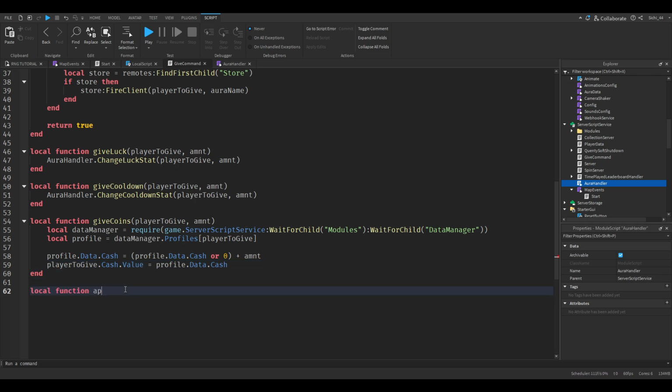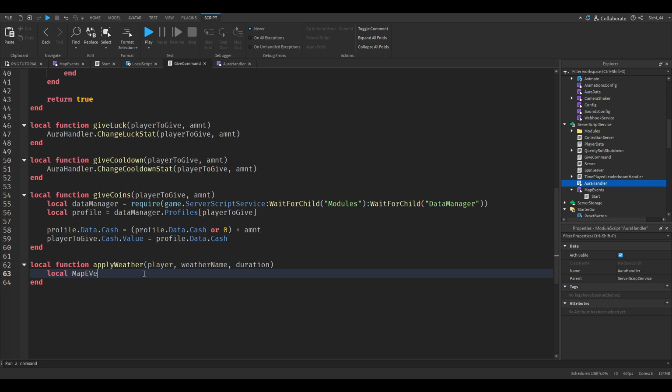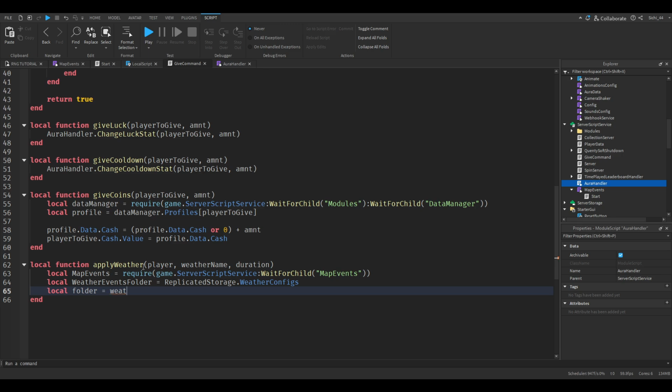Local function applyWeather would need the player, the weather name, the duration, and then local mapEvents is equal to require(game.JavaScriptService:WaitForChild("MapEvents")), and then local weatherEvents folder is equal to ReplicatedStorage.WeatherEvents.WeatherConfigs, and then local folder is equal to weatherEventsFolder indexed with tostring(weatherName),